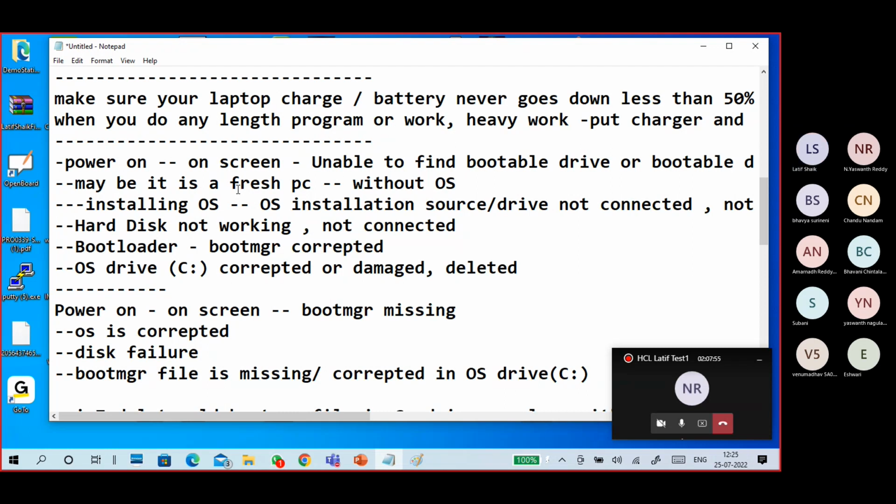At that time the bootable drive is not good, meaning there is a corrupted bootable drive, or it is unable to detect what your bootable drive is. That is another issue. But in general the system is good. Yesterday it was working, today it is not working, and it is showing bootable drive not